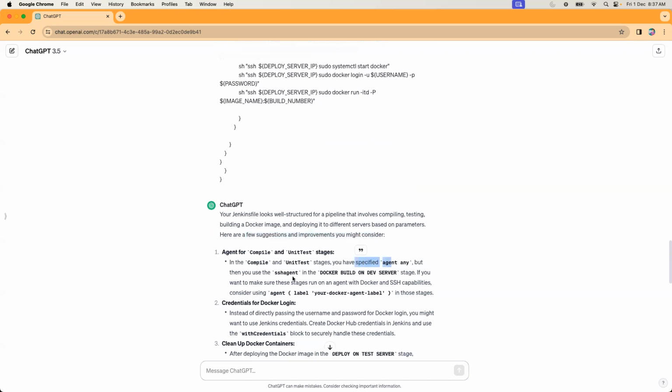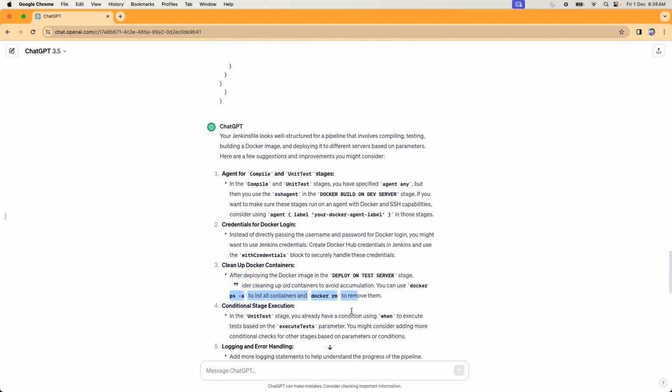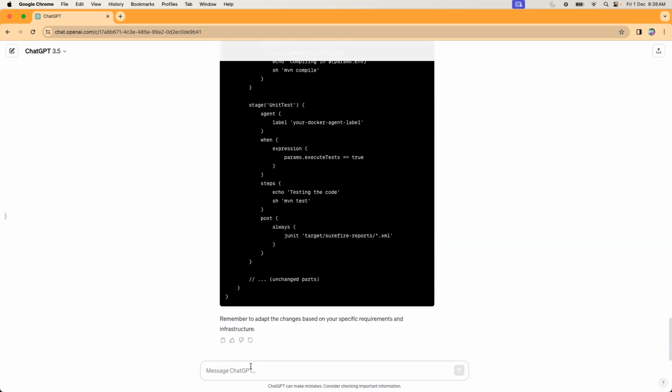You have specified agent any, but then you use SSH agent. See, the first two stages we are running on master, right? It was suggesting to run on another slave. We already did that, right? And credentials: instead of directly passing a username, you might use credentials. We did that block to secure it. We did this actually. After deploying the Docker image, to avoid accumulation, you can use docker ps. It will be creating so many containers, right? To clean up, it was also asking to add these things. So you can make it better, or else